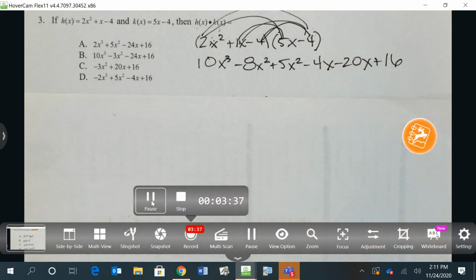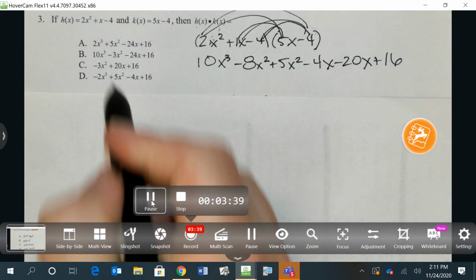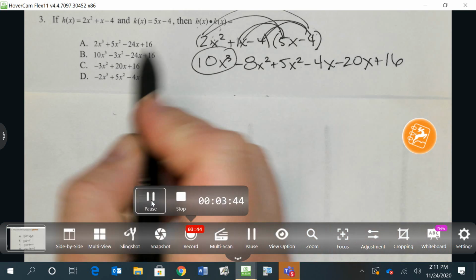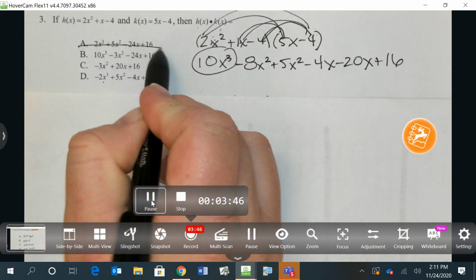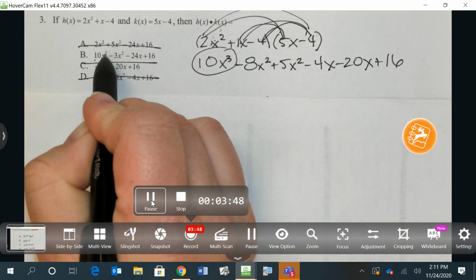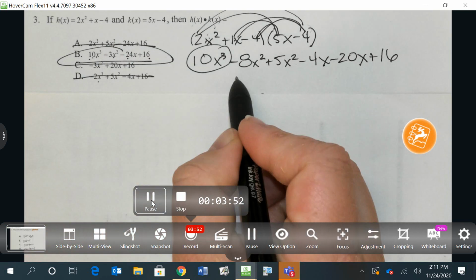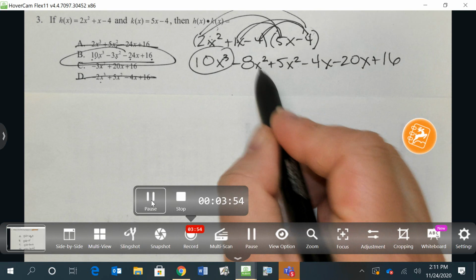I'm going to combine like terms, and then I'm going to do the least amount of work since it is multiple choice. There's only one term here that has an x cubed. Let's check. Only one answer starts with the 10x cubed because they are written in standard form. Correct answer is B. I don't even need to go through the process of